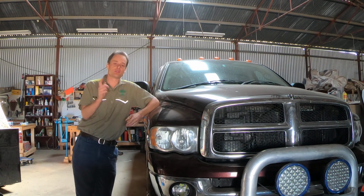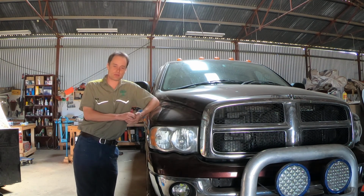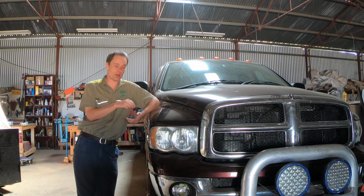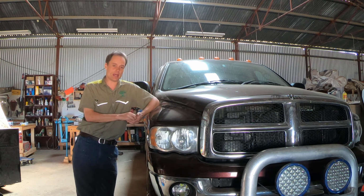G'day again. This is a follow-up to a video that we've done recently on owning a Ram in Australia. This is a Ram 3500. This is my truck, and one of the things that I was concerned about in buying this truck is most